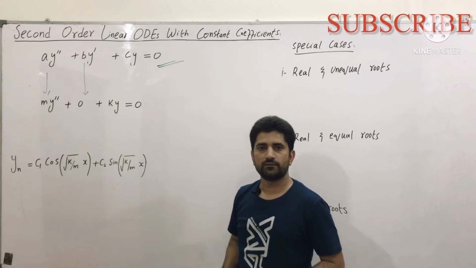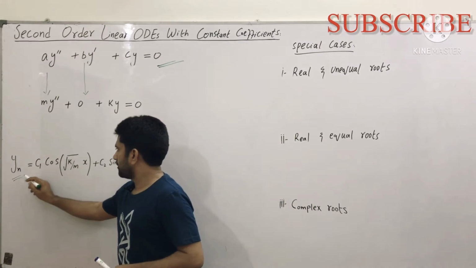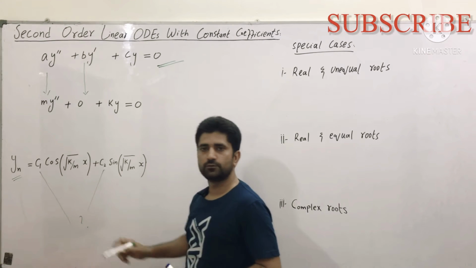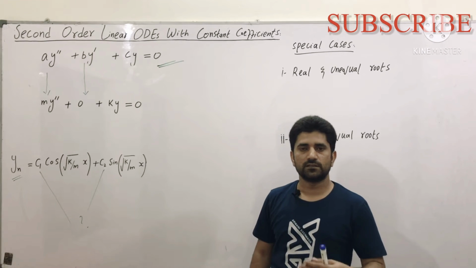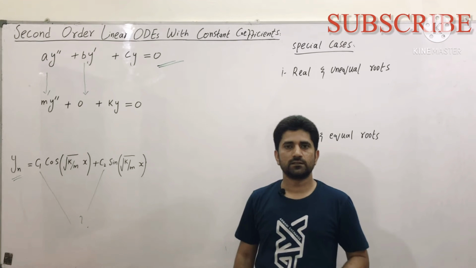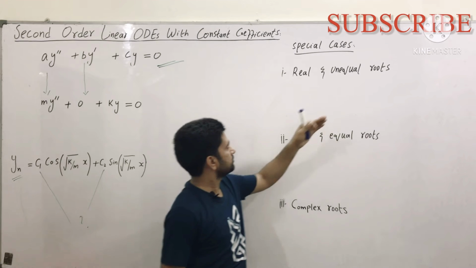We want to solve that equation, and the null equation of this has this form, where we have two constants c1 and c2. In the previous case we had one constant and one initial condition. In this we have two constants, so two conditions must be there. Let's do a few of their cases.